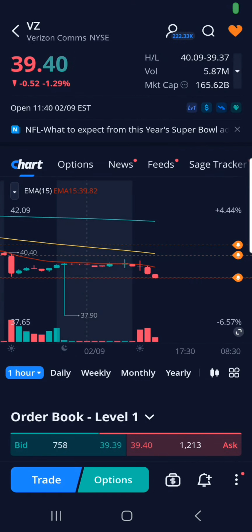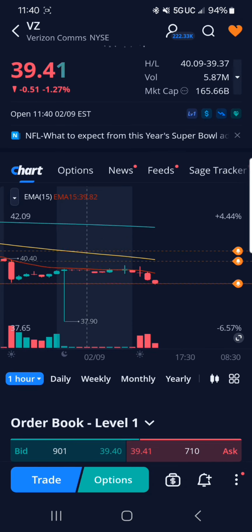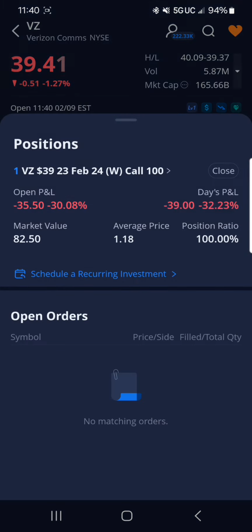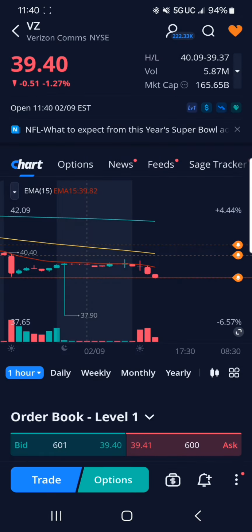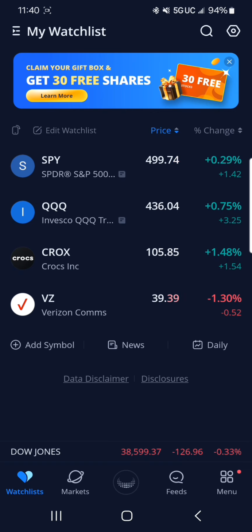Well, it's the next day, and Verizon is down and just hit the stop loss at 39.40. So I'm watching it close to see if it's going to bounce a little bit here. If not, I'm going to have to pull it for a 30% loss, which isn't crazy for a swing trade, but